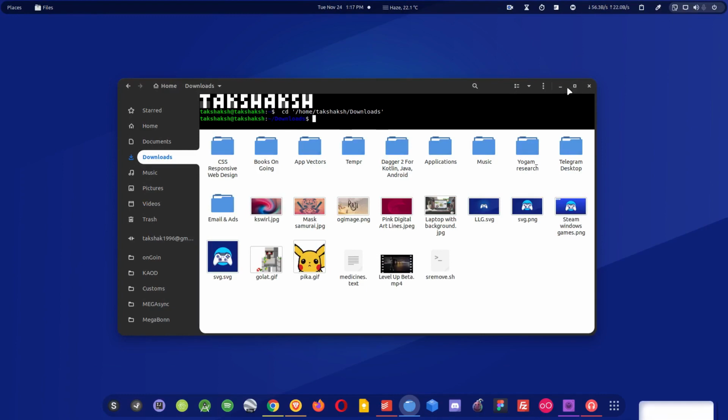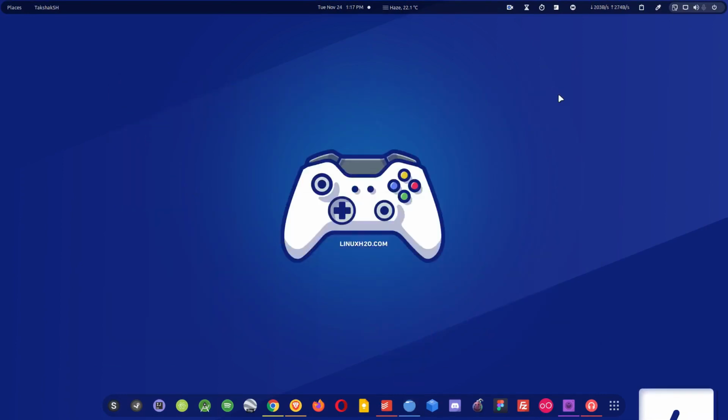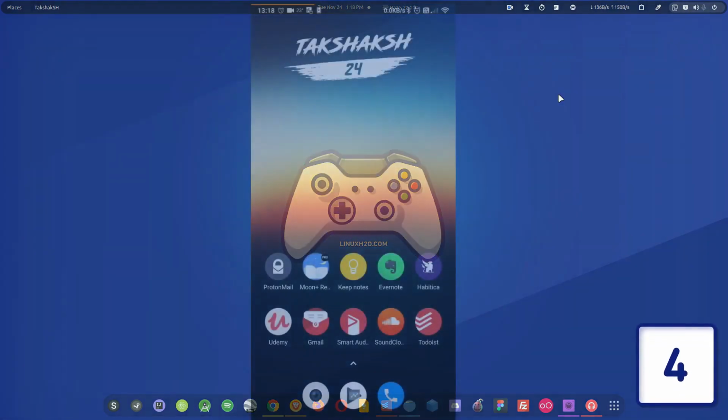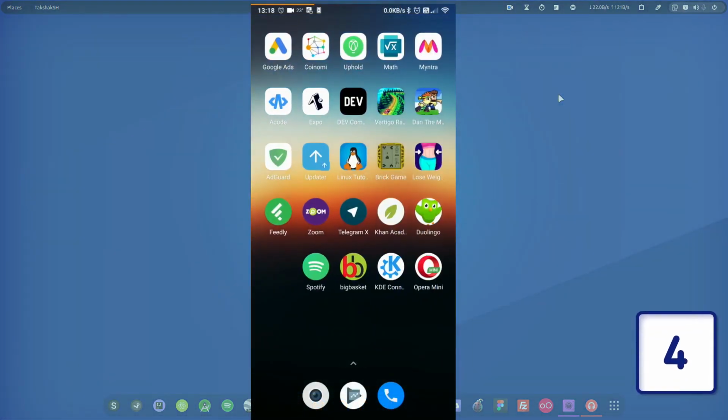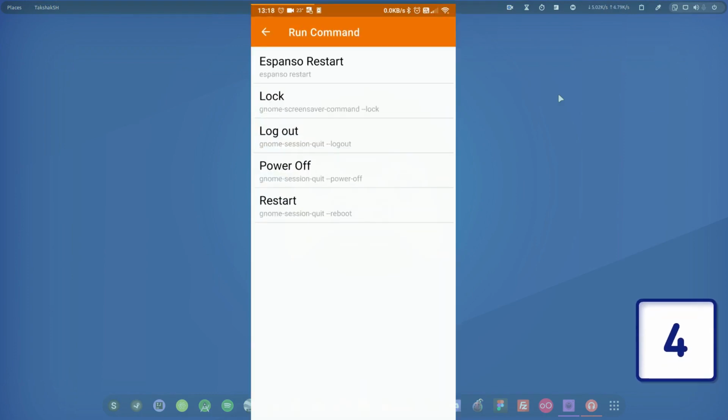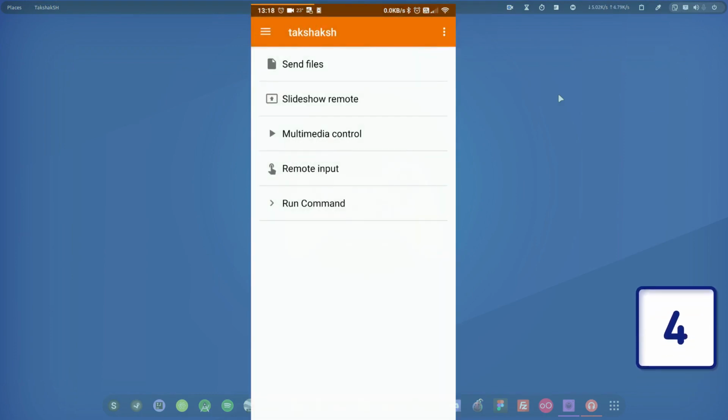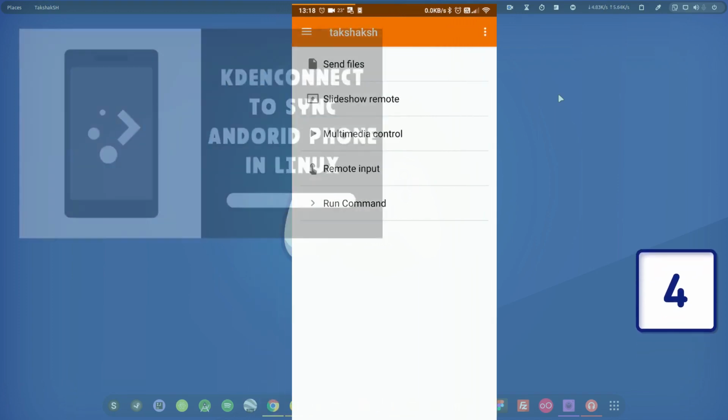I'm gonna show you the fourth one that I really find very helpful. So let's say you are using your computer and now you lie down on your bed, but you do not want to get up to turn off your computer. So what are you gonna do? You're gonna use this thing. So this is KDE Connect. So you install this tool on your mobile phone and then you can enable KDE Connect in your distribution. So you can install KDE Connect in a distribution as well for desktop, of course.